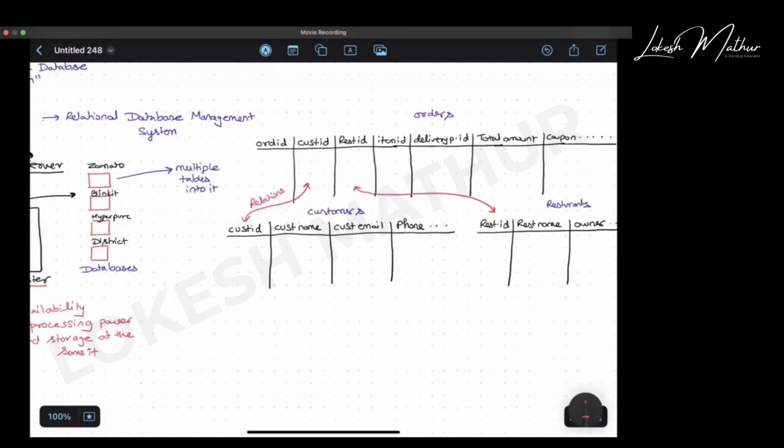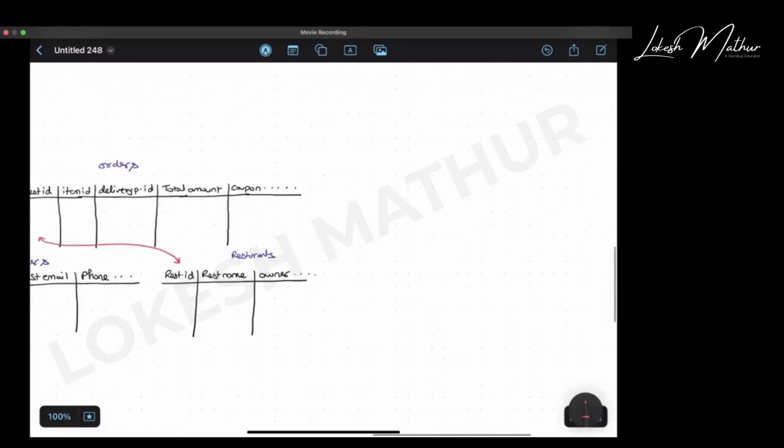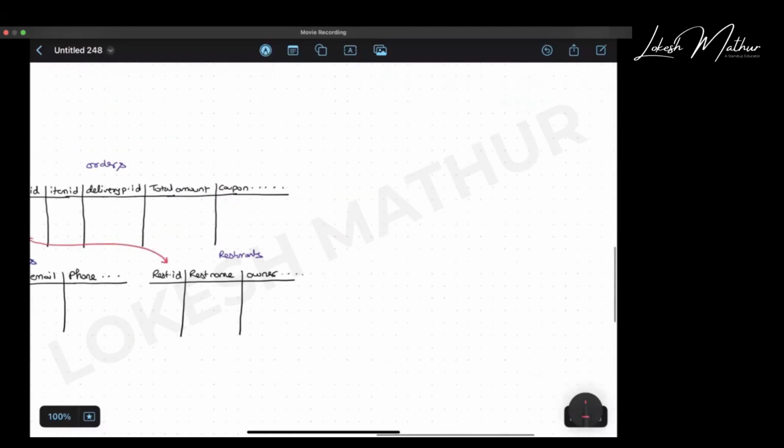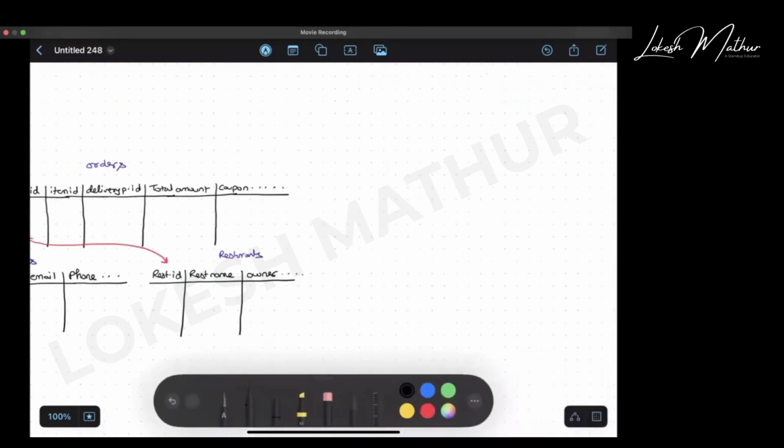Now, if someone has to access this, let's say this person is the data analyst working with Zomato, and this person wanted to access this table and do the analysis. So this person will be using his or her laptop, and this person will install a software in this laptop known as client.